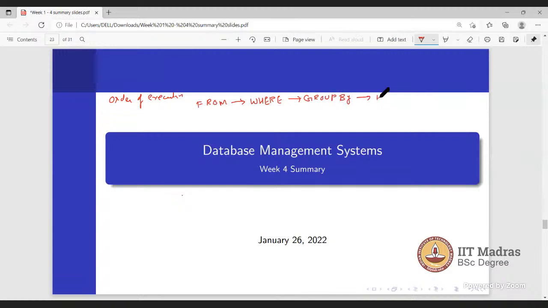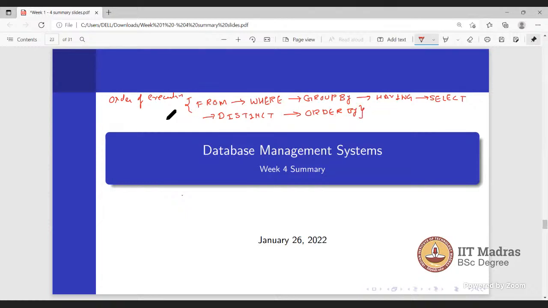After that, the having clause. If you are using from, where, group by and having together, it will select the tuples based on the group by and having clause. And then after that, it will perform distinct. If you are using the distinct keyword, it will execute after the select clause, and after that order by. So this is the order of execution in an SQL command: first from, where, group by, having, select, distinct, order by. Please remember this order of execution.